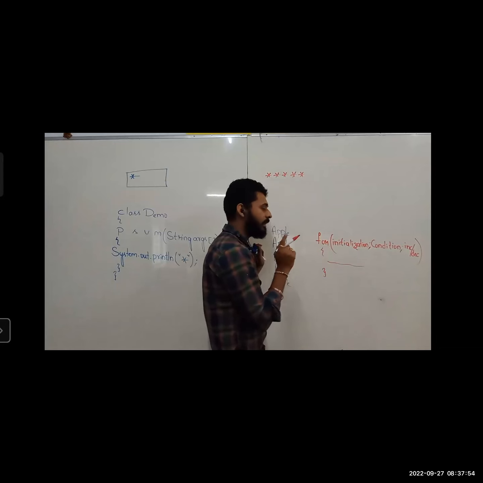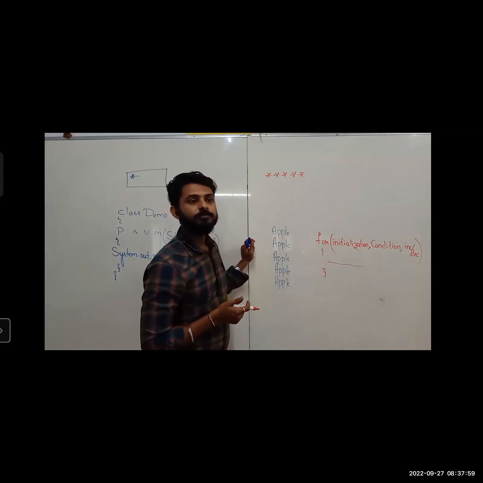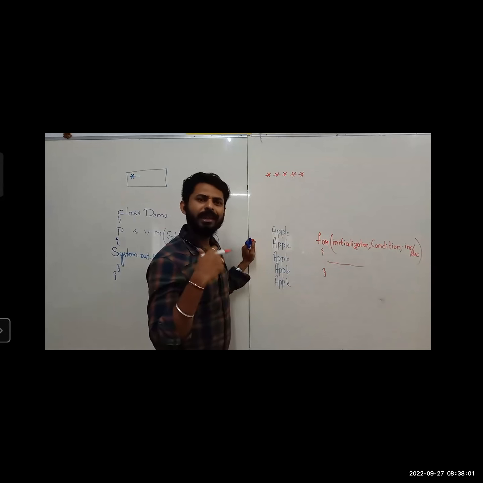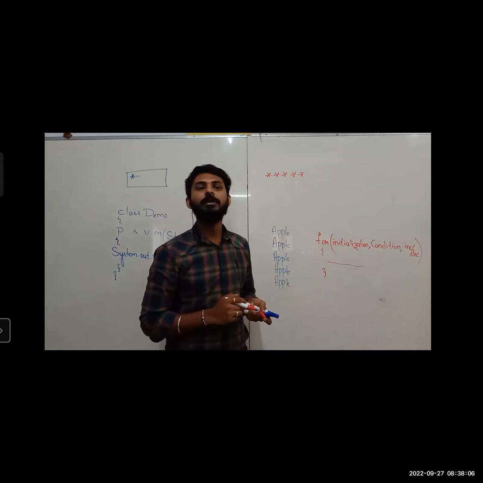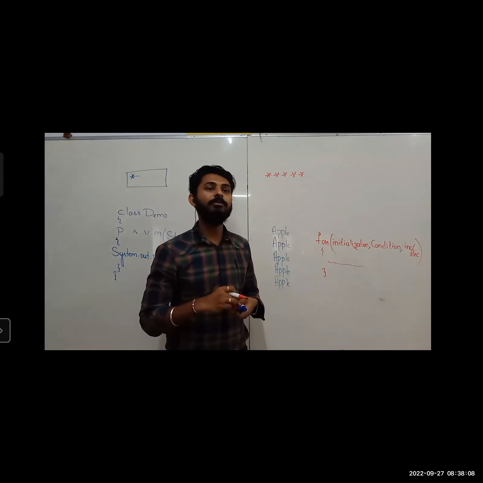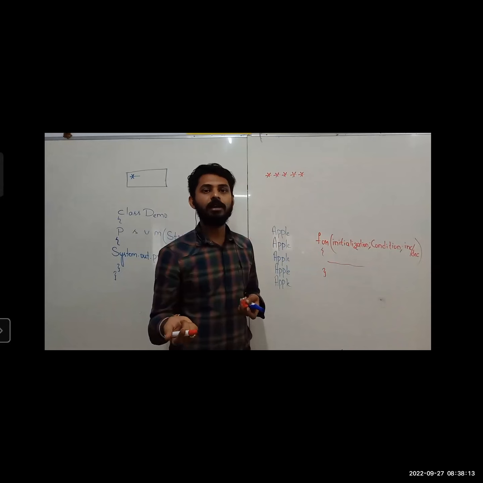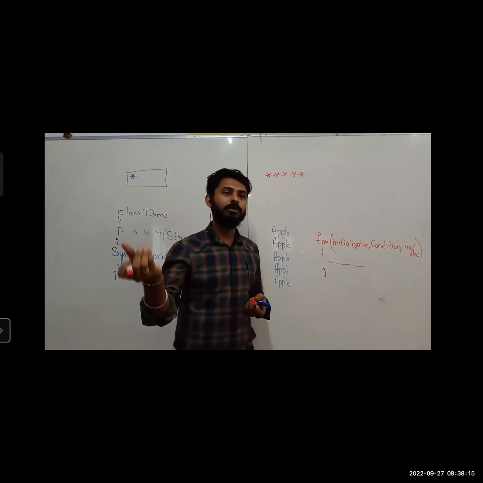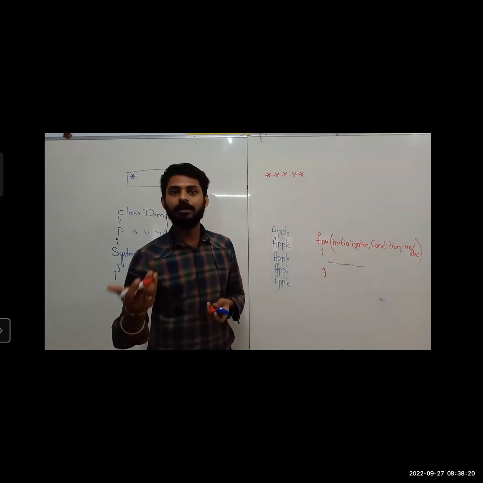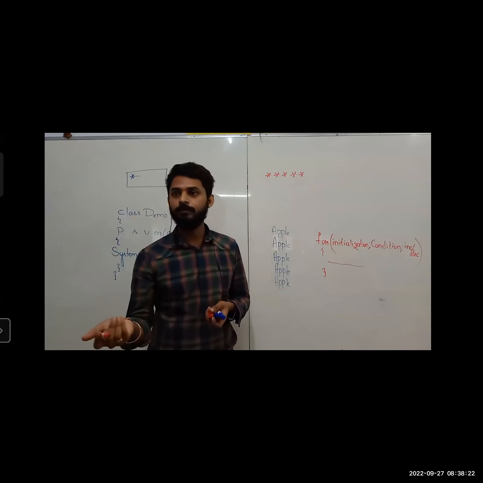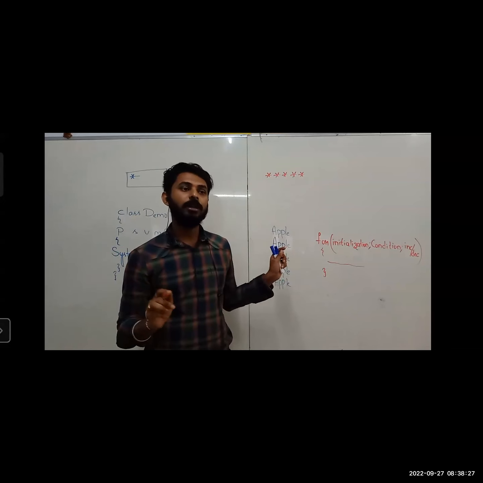But before that, I'll repeat it. When you should use loop, whenever you want to do any task, be it accepting the element, user may give n number of elements, means user wants to give 5 elements. Then you want to do some task again and again, right? You should collect 1 element, 2 elements, 3 elements, 4, 5. Or you want to print 5 elements. Then first element, second, third, fourth, fifth. Any task you want to do repetitively, then you should go with something called as loops.